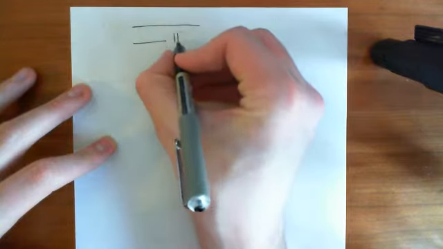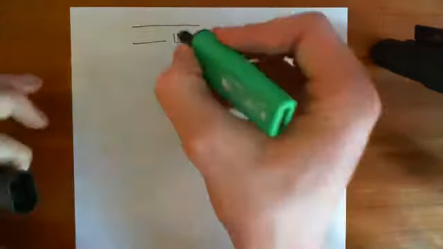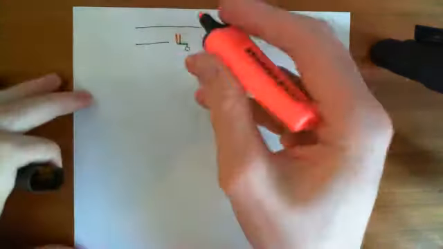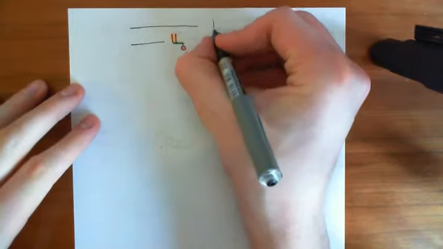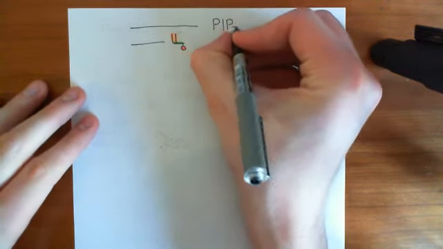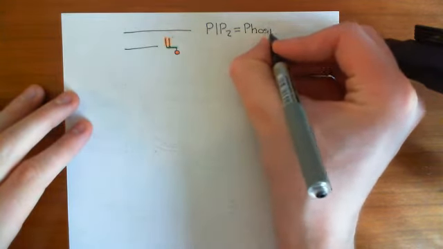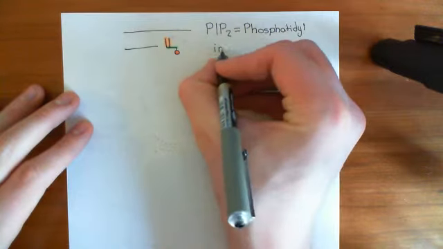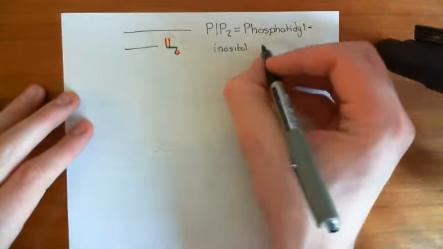Okay, so let me draw you the phospholipid again, and we will then modify this phospholipid to create PIP2. Okay, so here's the glycerol in orange, in green, here are the fatty acids in orange, and here is the phosphate group in red here. Okay, so PIP2 then. PIP2 is short for phosphatidyl, and now you see why it's important to know what a phosphatidate molecule actually is. Phosphatidyl inositol, and that inositol really should be connected to the phosphatidyl, so let's put a little slash there. Inositol,